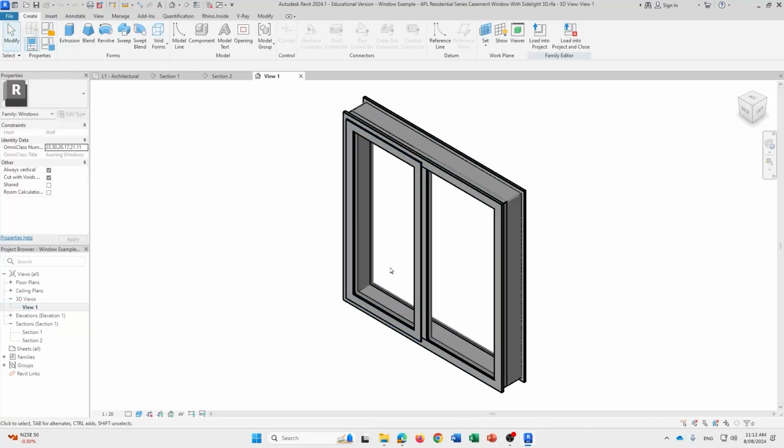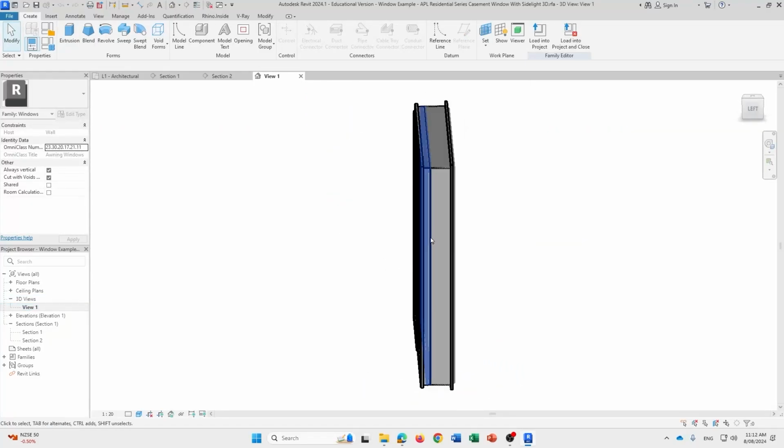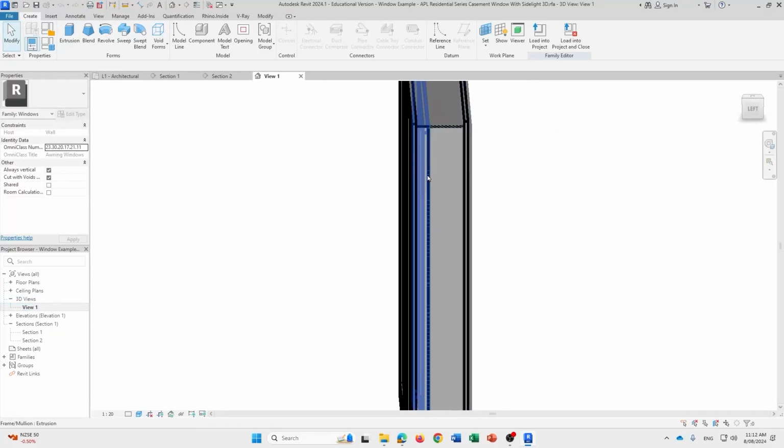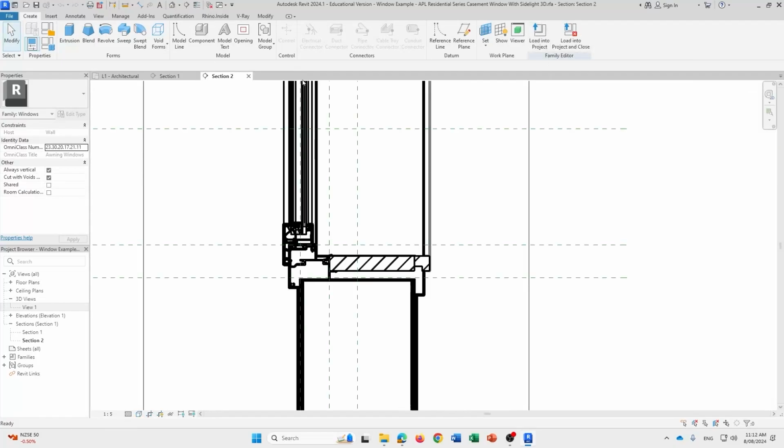There are little 3D views to have a look at the different components. They are named as well. So when you hover over one of the pieces, it should give a little preview name of what it is. Once you've opened it up, you can go Load into Project. Okay, so that's one way to just bring it straight into the project and then we can place it on our walls. Alternatively, if I just close that